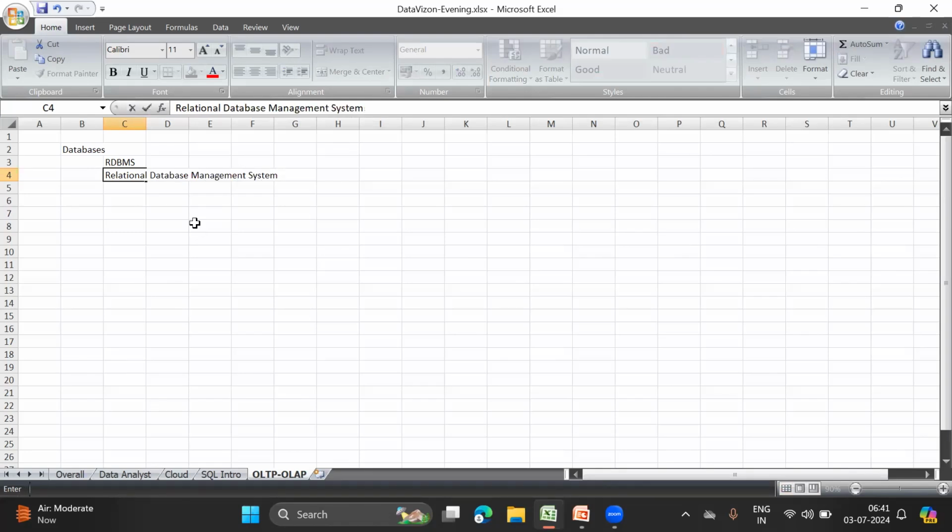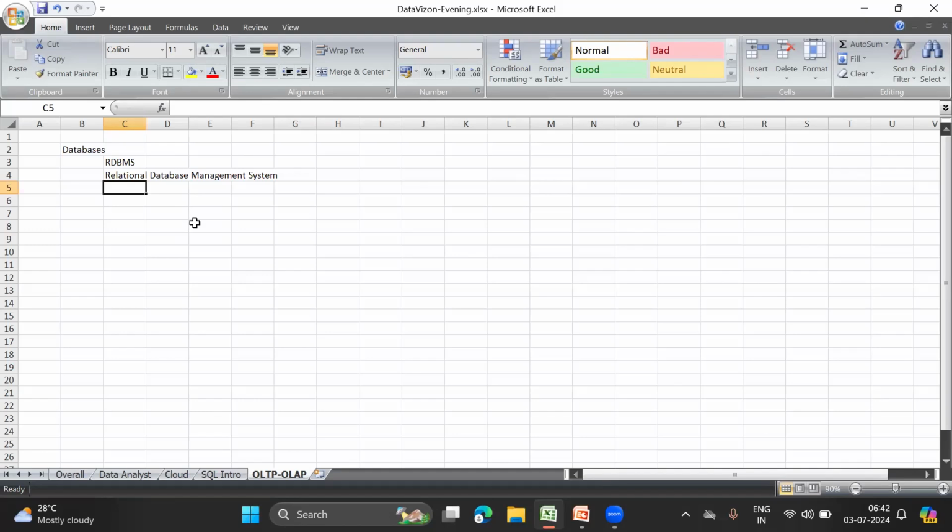Now let us understand each and every word. If we are working with a relational database management system, it means that this is a system, a management system, so we will come from right to left. It is a management system which manages a database, and the type of database it manages is a relational database.